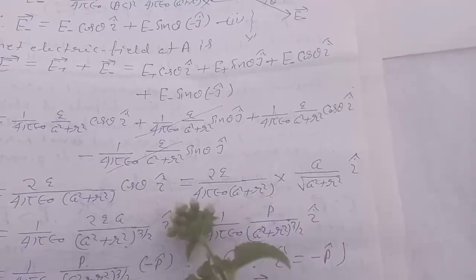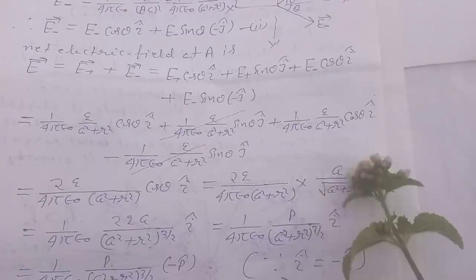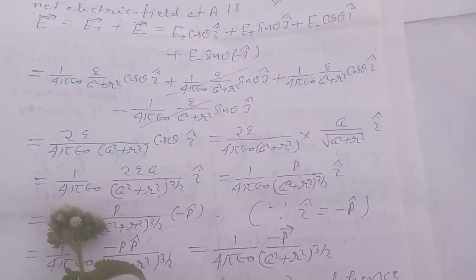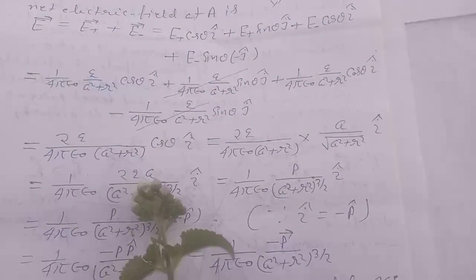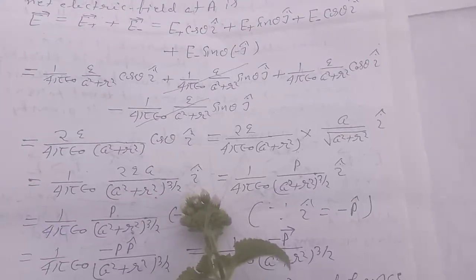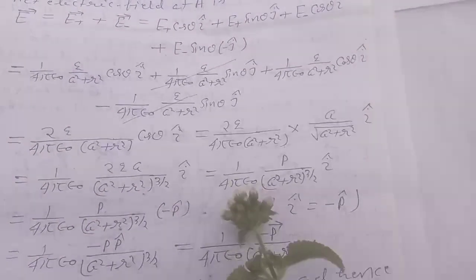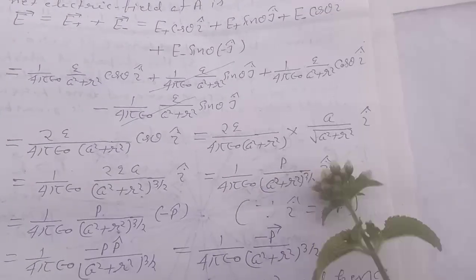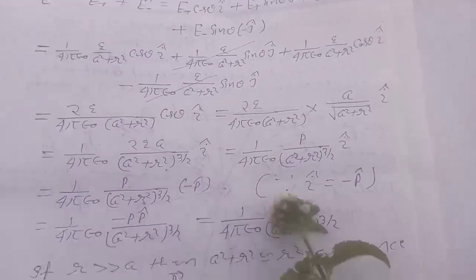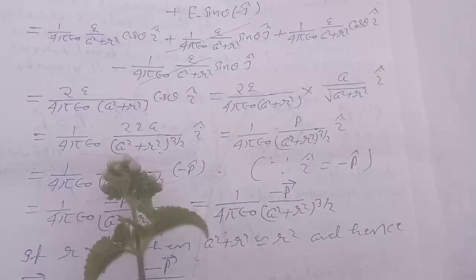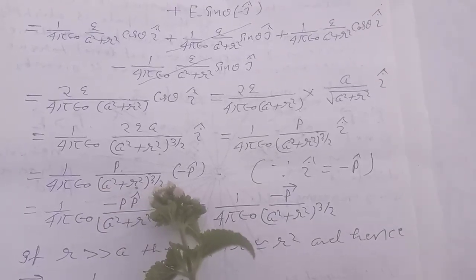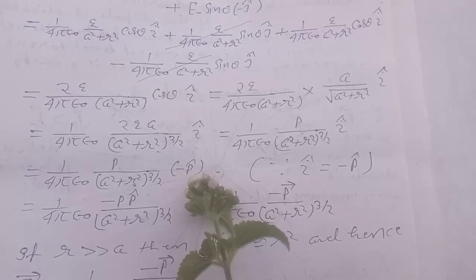Now putting the value of cos theta, which is A by under root A square plus R square, equals 1 by 4 pi epsilon naught 2QA by A square plus R square to the power 3 by 2 into i cap, equals 1 by 4 pi epsilon naught P by A square plus R square to the power 3 by 2 into i cap, equals 1 by 4 pi epsilon naught P by A square plus R square to the power 3 by 2 into minus p cap,